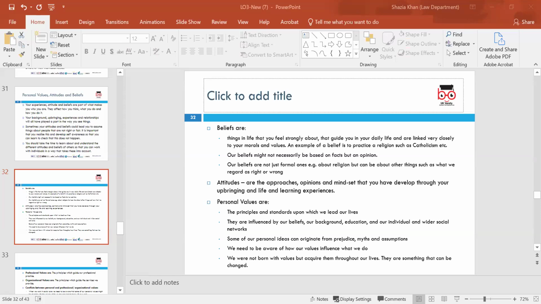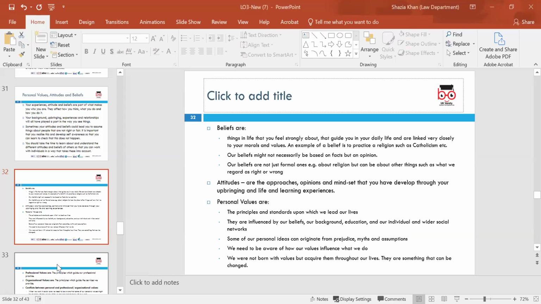Values are core beliefs and standards that guide a person's actions and judgments. And attitudes are learned evaluations or feelings towards particular people or certain groups of people. You could have examples of that. You could have a positive attitude towards a certain political party and a negative attitude towards smoking, or a positive attitude to social activism. So there are different elements of it. You could have different attitudes. Your beliefs can be different from each other.